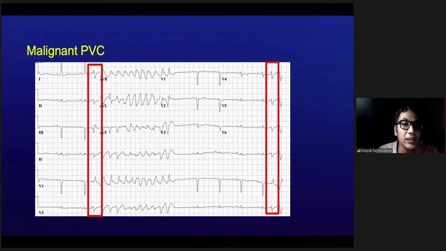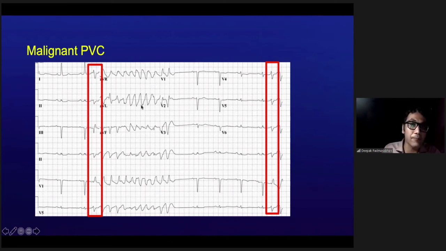The thought process is the PVC has an origin within the conduction system and a preferred exit, which gives you the characteristic PVC morphology. But because it is within the conduction system, it also has access to the various exits of the Purkinje fibers, thereby leading to multiple wavefronts of activation within the ventricle, leading to onset of